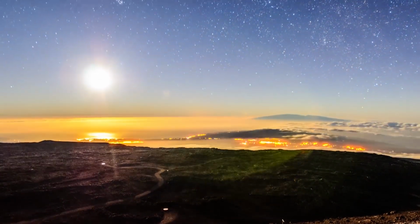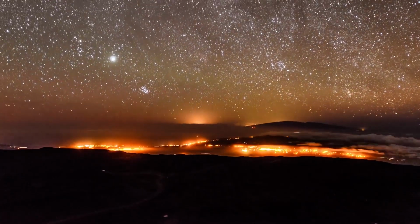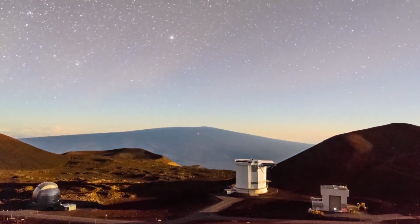In the endless expanse of the cosmos, stars stand as the brilliant beacons of our universe, captivating mankind's imagination for